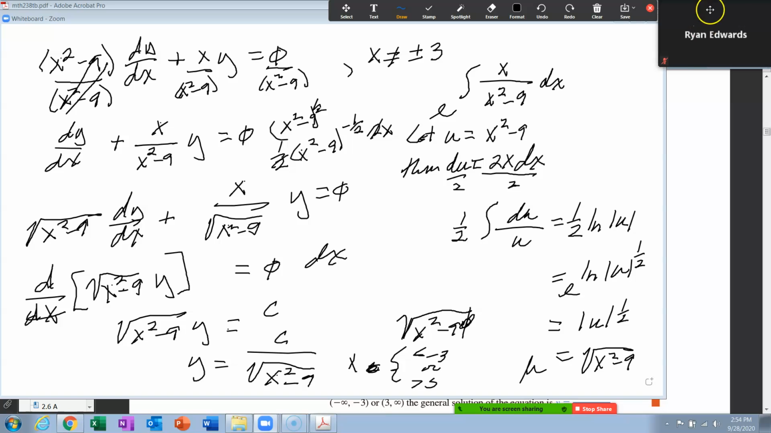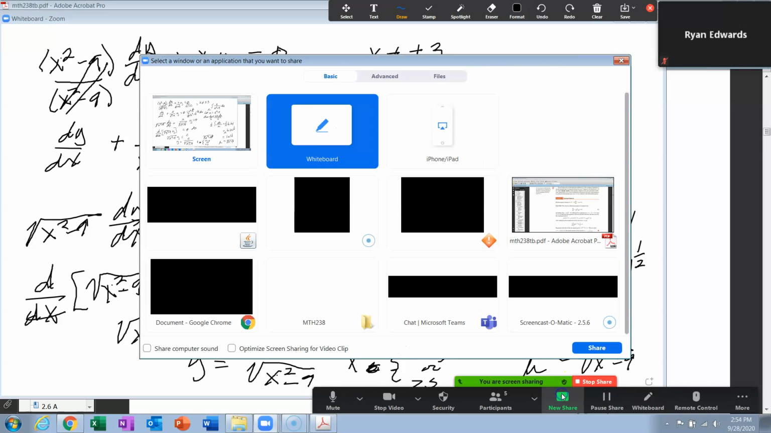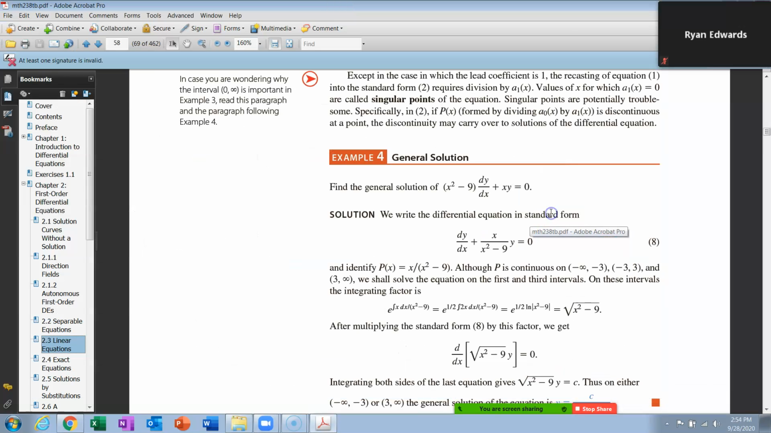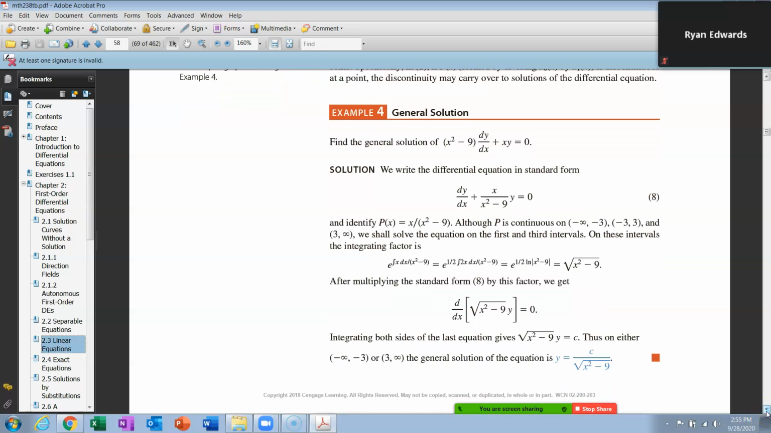So let's go back to the book and see what they say. So here's how we worked our problem, which is pretty much like we did. We divided both sides by x squared minus 9, gave us that. Now,